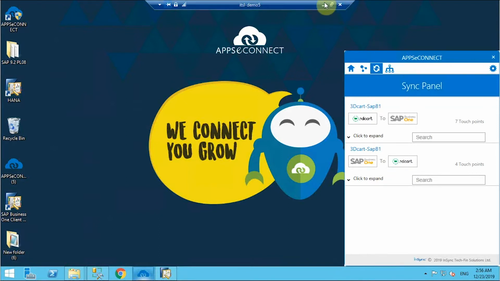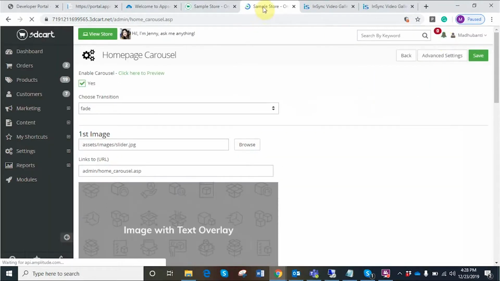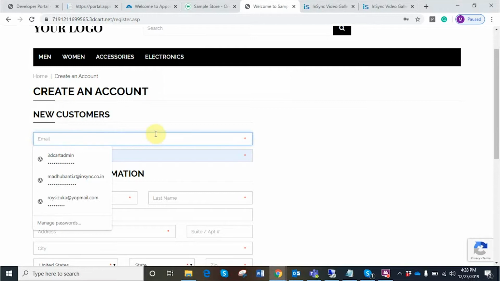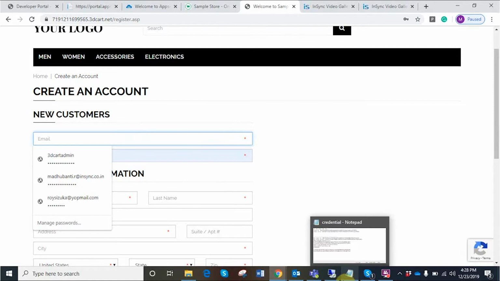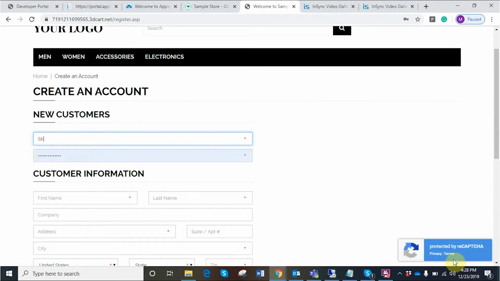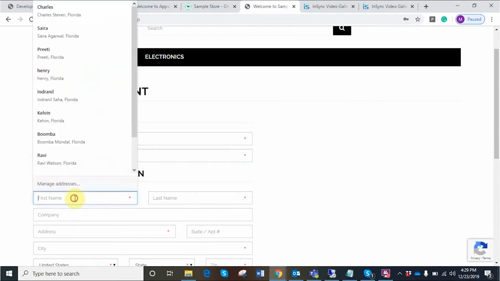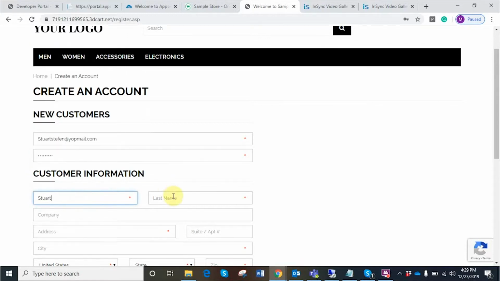So to create a new customer, let's go to the front end of 3dcart. So let's register with the customer details. To create a new customer, I have to add all the customer information. Let's add a unique email ID here and all the contact information, first and last name I have to mention,